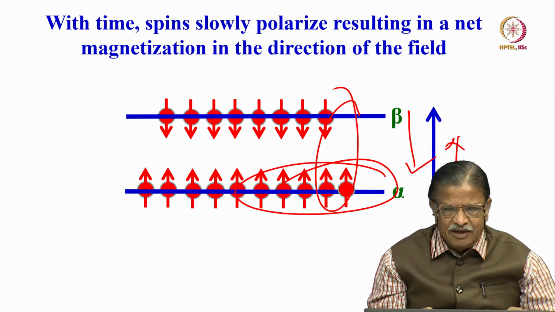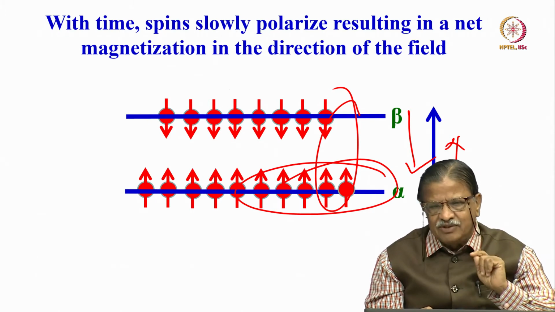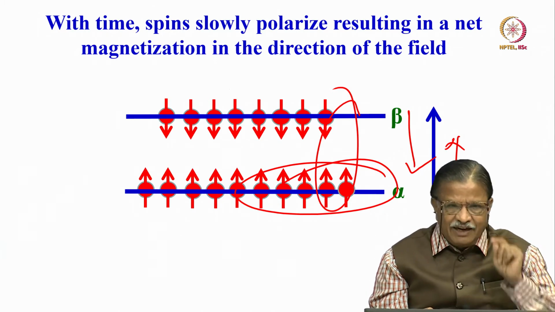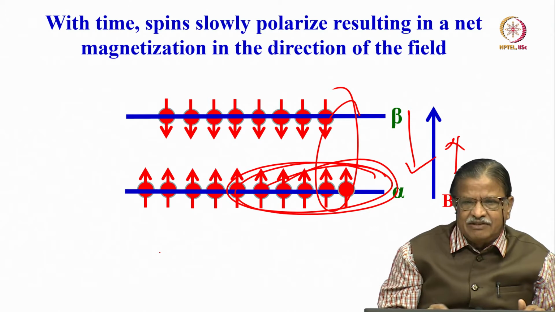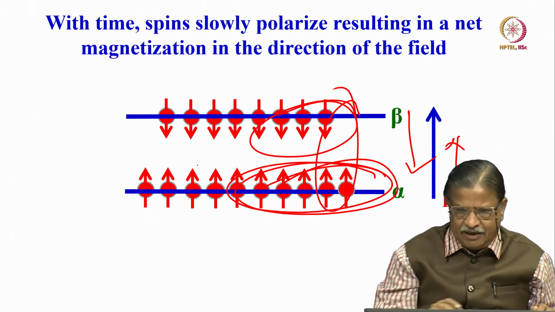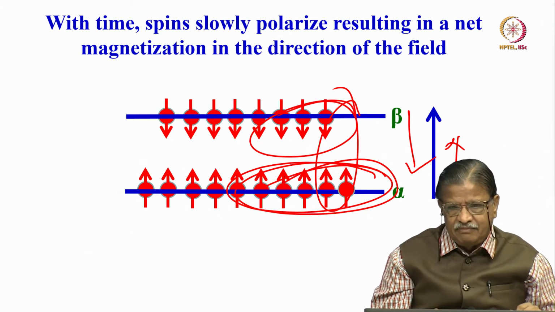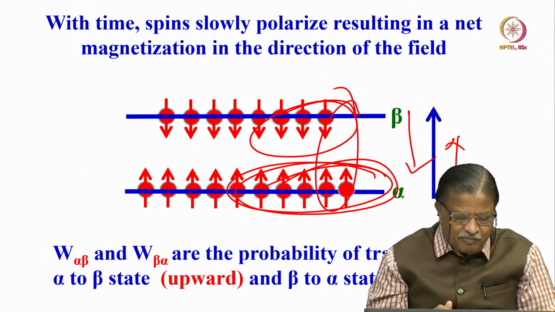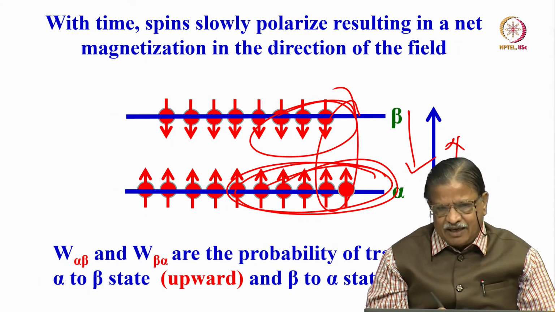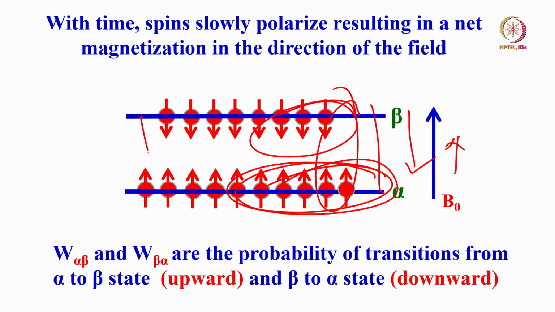We know that. So there is a time required for spins to attain thermal equilibrium. When it attains thermal equilibrium, you see there are more spins in the direction of the field than opposing it. So population difference has been obtained. It takes some time. Now how does the population difference occur? How did the spins from here go there, how did the spins from here come down?